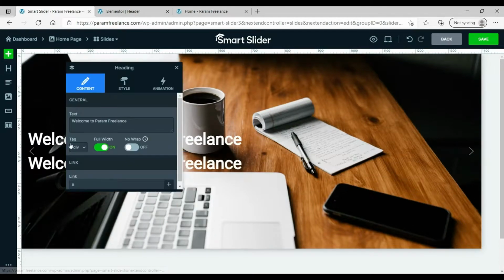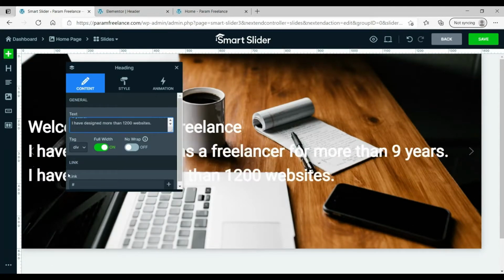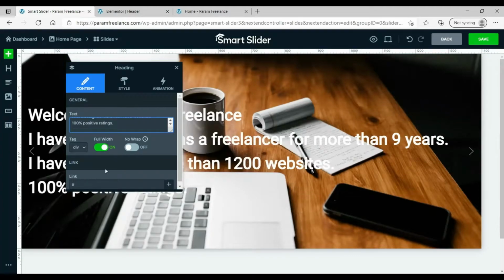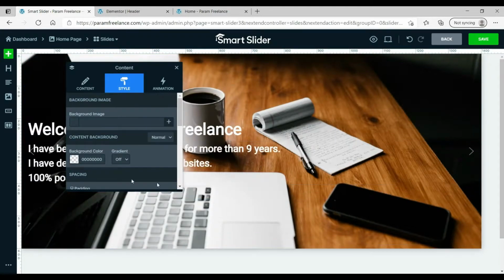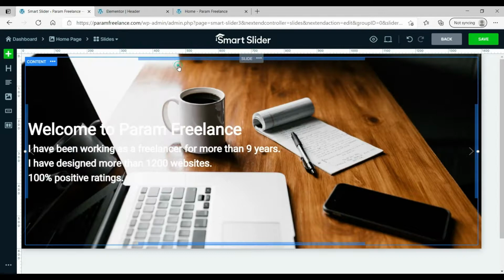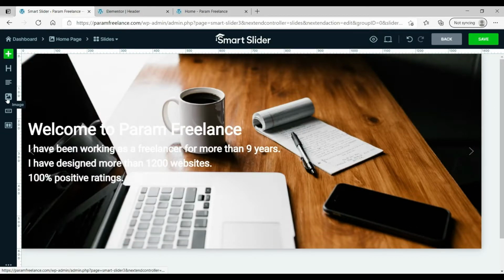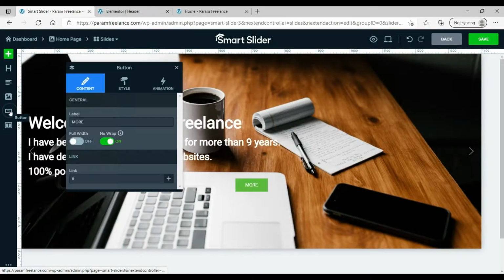Now add one more. I am adding some text. Let's make it smaller than the other one. Let's make it 30. Okay, done. Now I'm going to add a button also. This is the button, and let's change the text on the button to contact us.